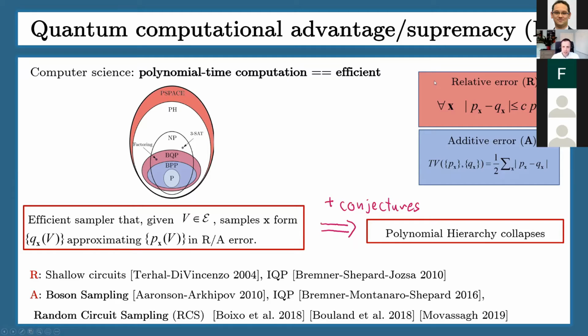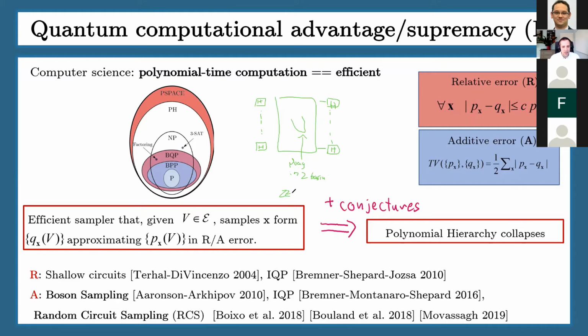So can I annotate? Okay, I don't use it too often. So you have Hadamards initially. Here you have some unitary, a structure which is just diagonal in the Z basis. You can construct it from ZZ interactions, Z interactions, between different qubits. So this IQP stands for, let's say,